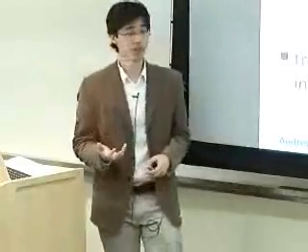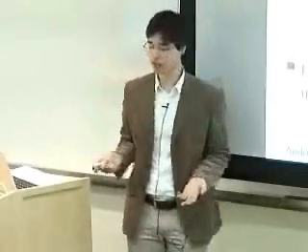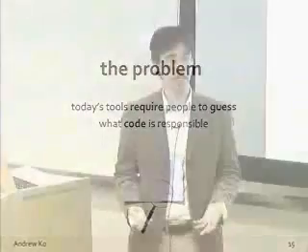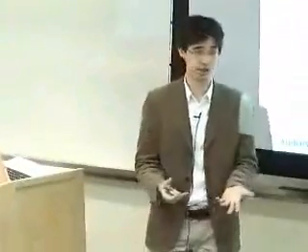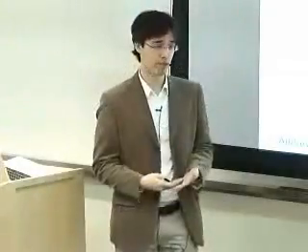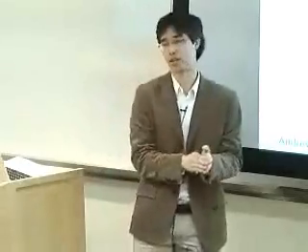So to distill this narrative into a simple observation about the problem with today's debugging tools, basically, today's tools require people to guess. You see some failure, you have to guess what happened, and then you have to go investigate if you're right or if you're wrong. And again, the problem with that is that in that leap, people guess, and they're almost always wrong that first time. So there's this big upfront process of coming up with an accurate explanation of what happened.